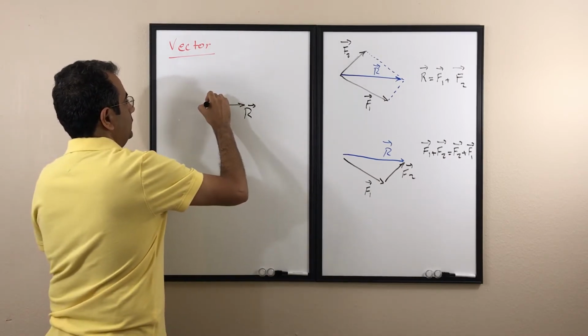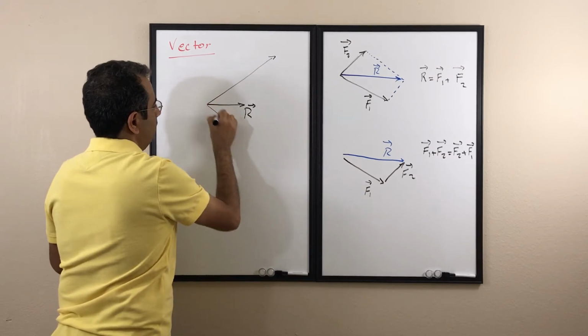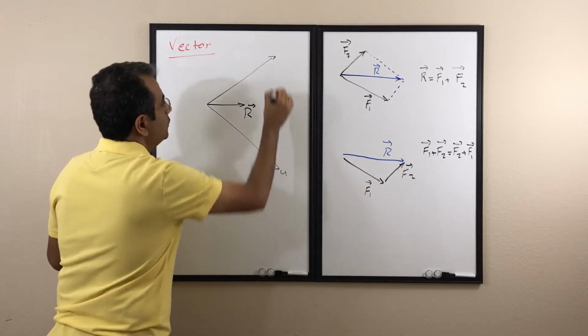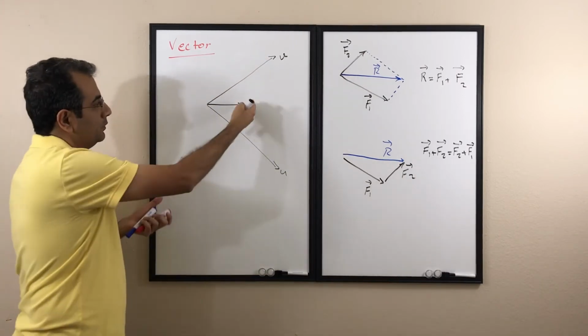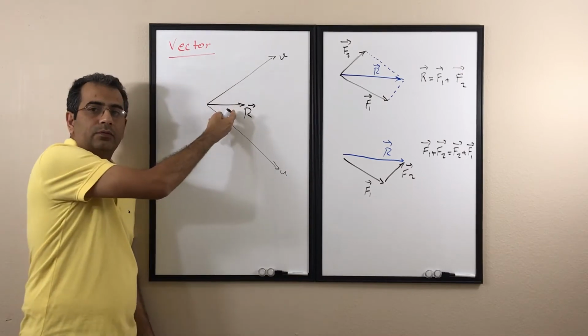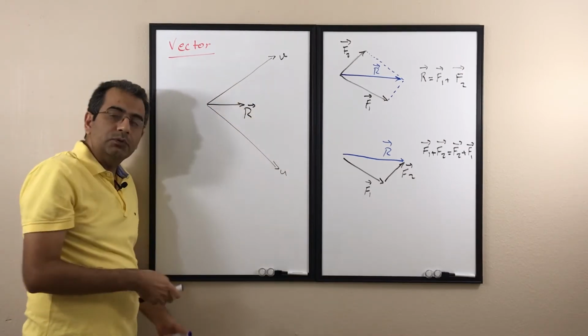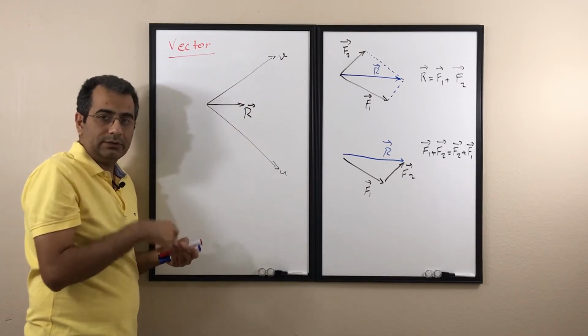I can assume I have the axes like this. So it's going to be U and V. I have the U and V axes, and then I want to see how these forces reflect on these two axes, what are the components of these forces on these two axes, so I can